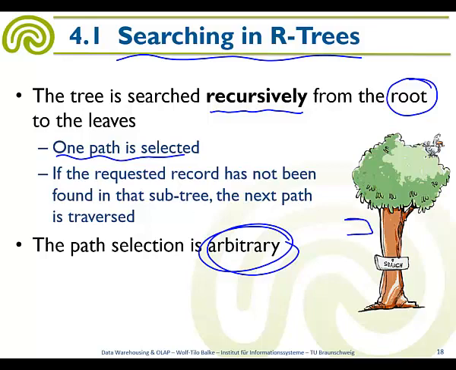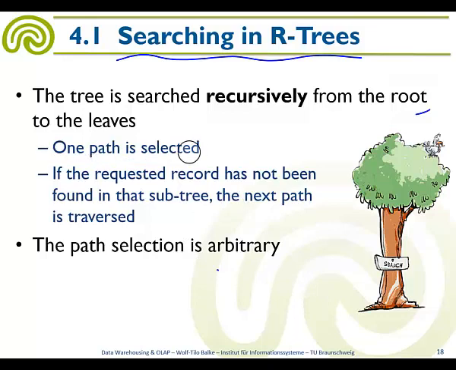If you have the root here, and then you have different branches, and then you say arbitrary, I'm going to choose the first path, and then you follow it until you reach a point where you find out, okay, the search cannot be here, so you prune this side, then you go to this side, and so on. If you're lucky, you find it in the first branch. If you're unlucky, you will find it in the last branch that you look at, right? So to avoid this worst case scenario, you always do that randomly, as the randomness has to do with